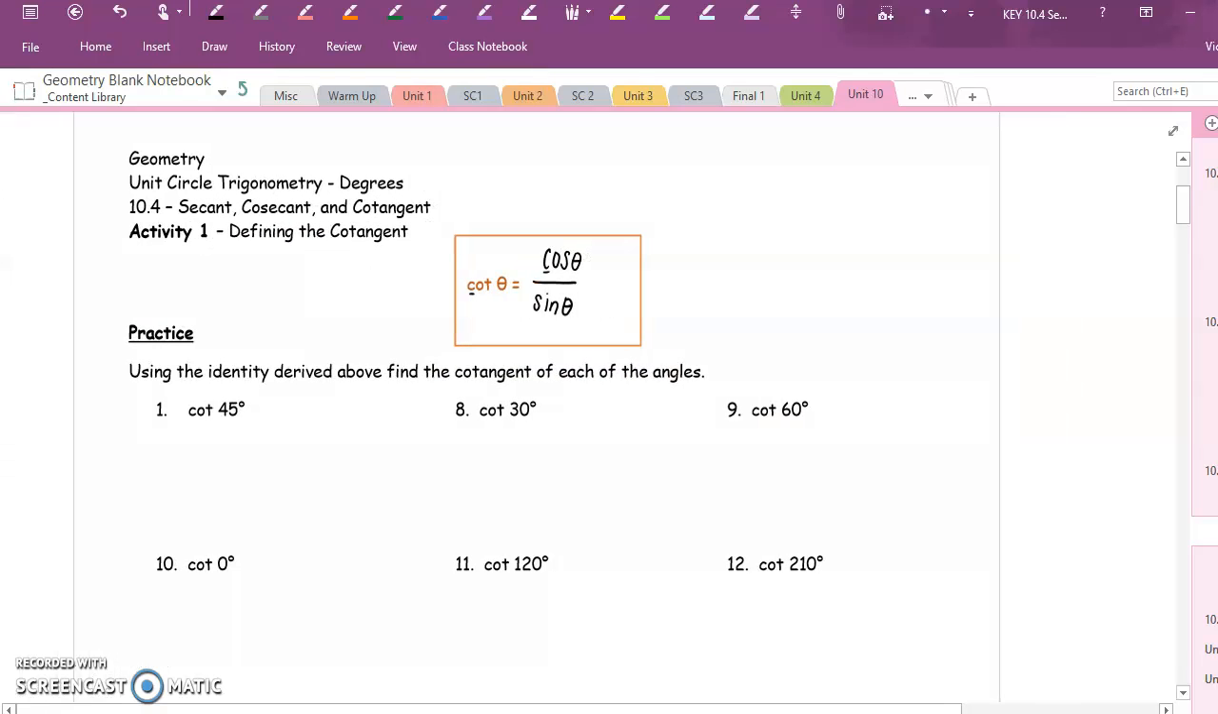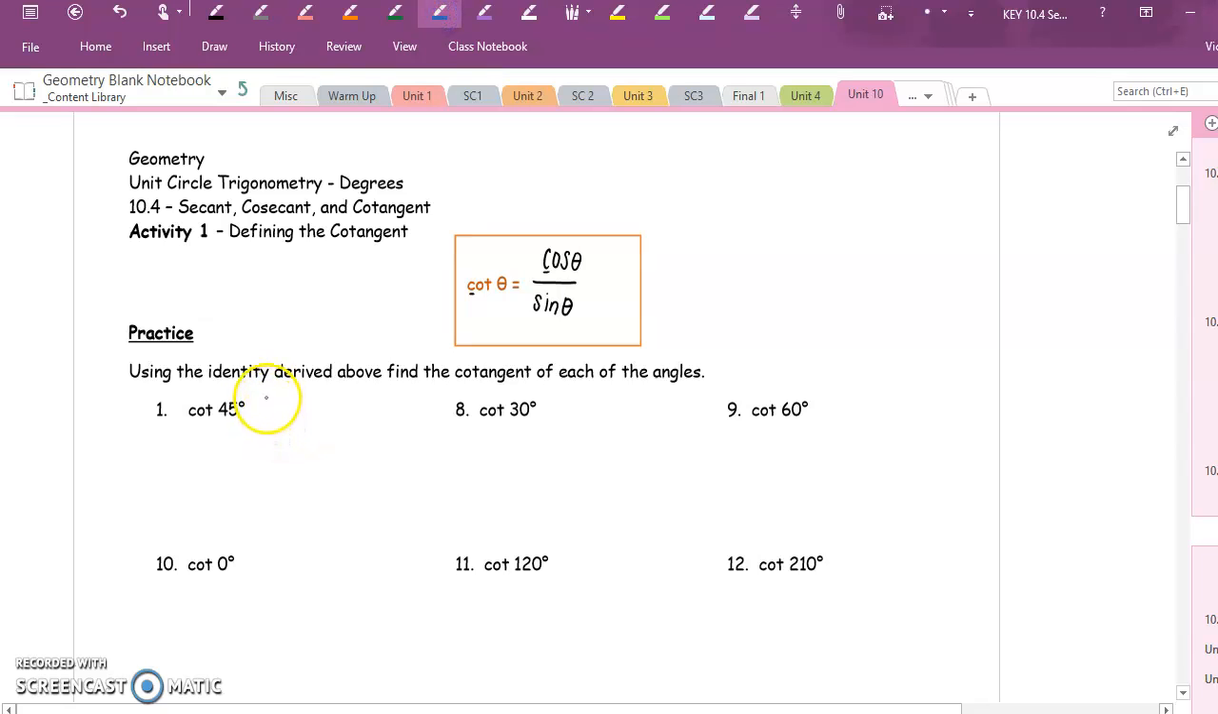We're going to use the identity for cotangent to find each of the angles. They're all based on the 45, 30, 60, and then we have the axes. Based on all of those, we can figure out every other one. So let's take a look at the first one we have. Cotangent